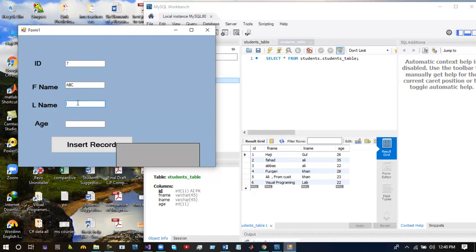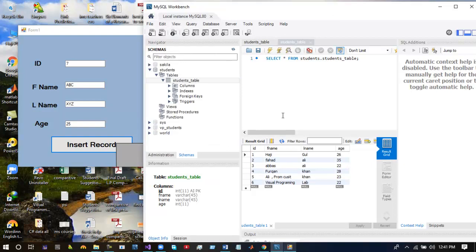Last name is XYZ, while age is 25. Press this button. Data has been saved and we will just refresh this. Yes, you can check the data is inserted over here.